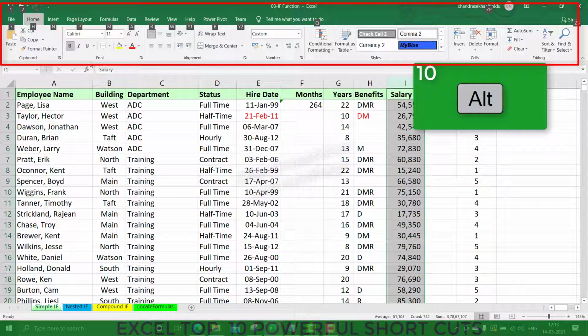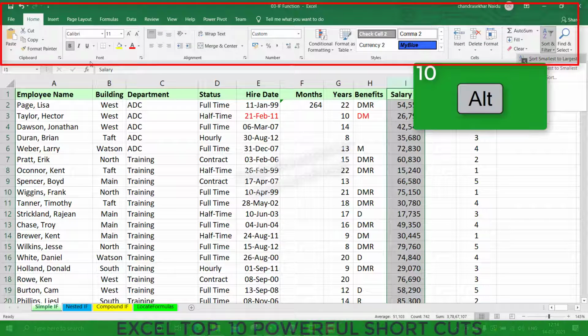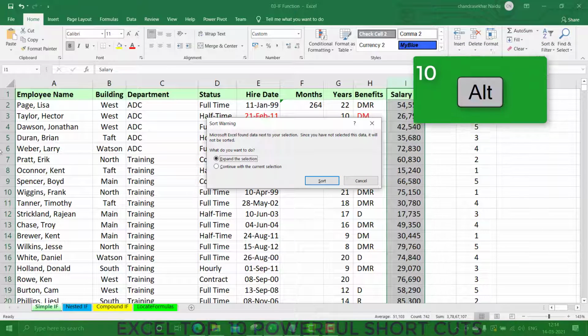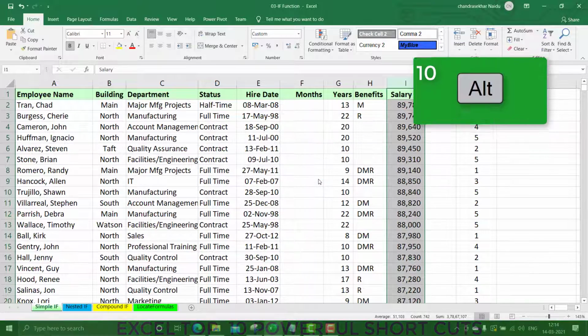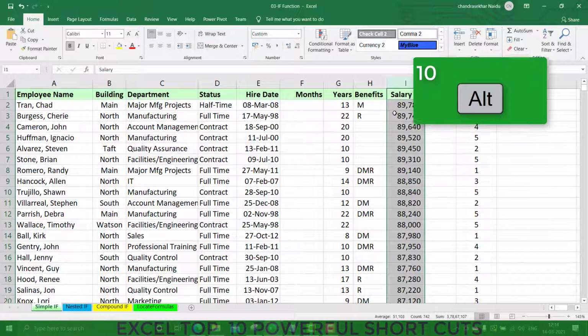Suppose I want to do some sorting from the Home tab, let's press the Alt key and then press the H key, and then you can see at the sorting you will find sort from lower to higher and higher to lower. For that, the respective key is there. Now I am selecting that key, and it is asking me to sort the data in some manner. Now the data gets sorted. So in this manner also we can create and customize our own shortcut keys.